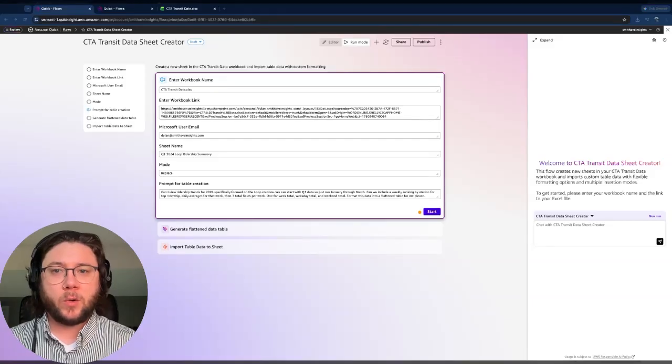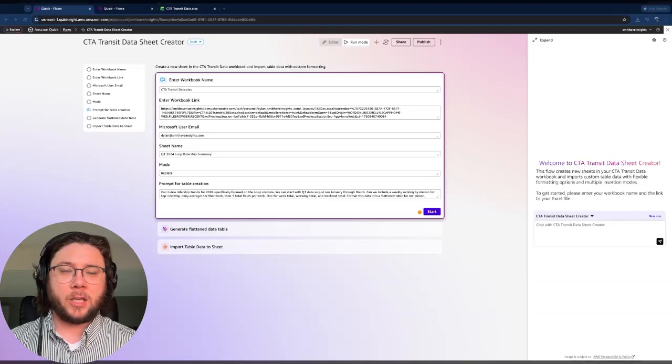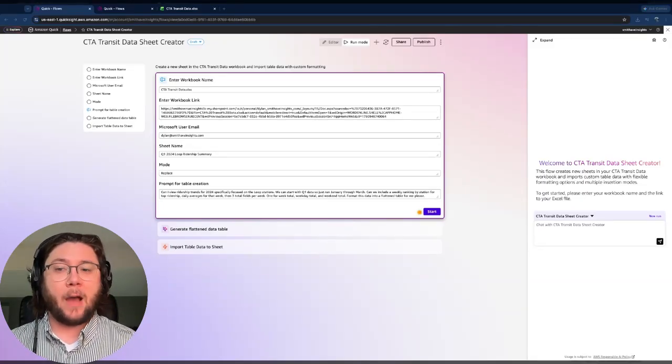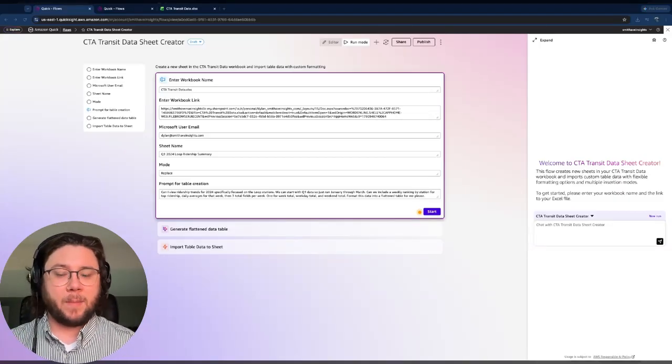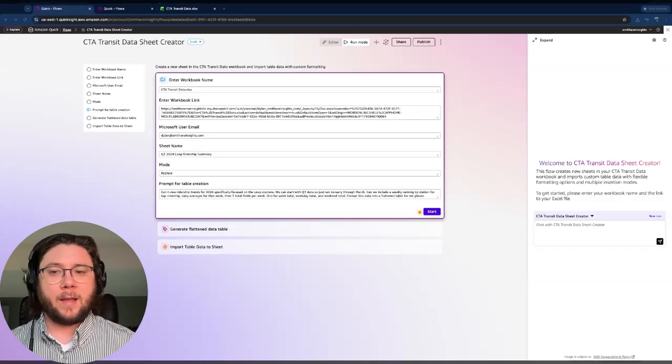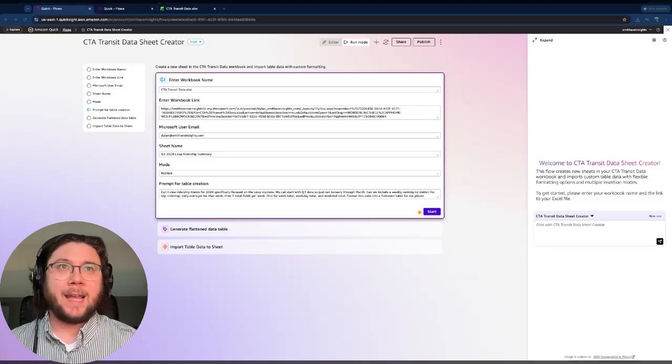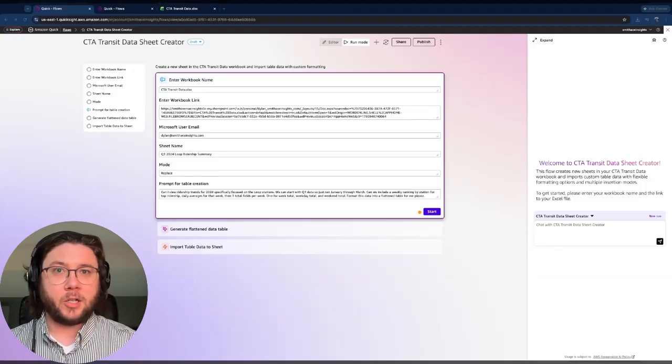Flows are really cool because they give you, the admin or author user, a way to guide the user through a step by step sequence that would allow them to get a specific output. For this use case, I've generated my Excel API that will allow us to find the data we're looking for and add it to an existing Excel workbook. We can generate a new sheet, update an existing sheet, or replace data that's in an existing sheet with this